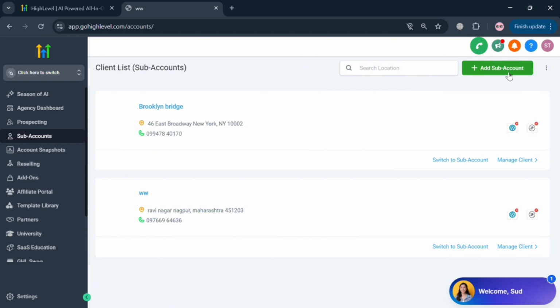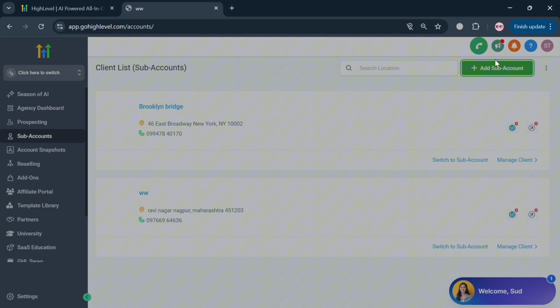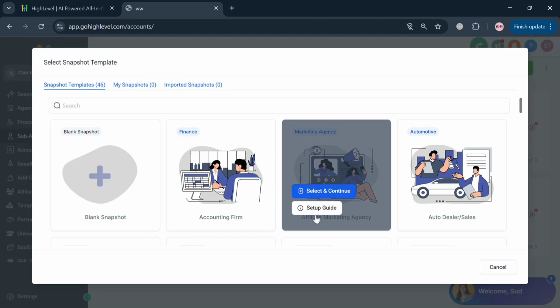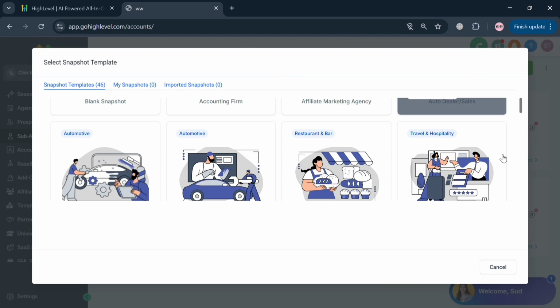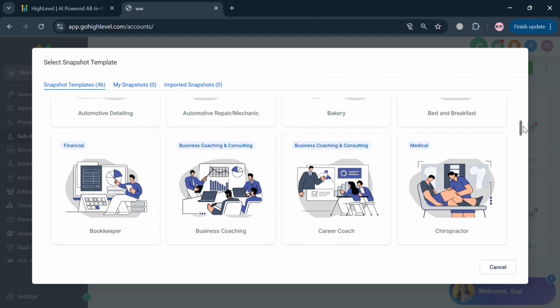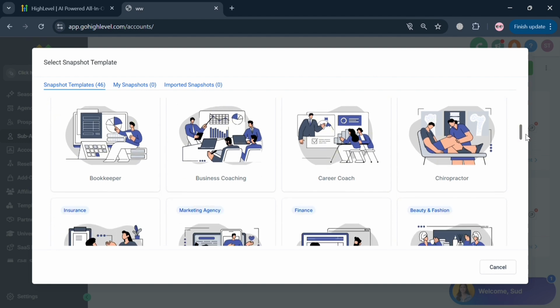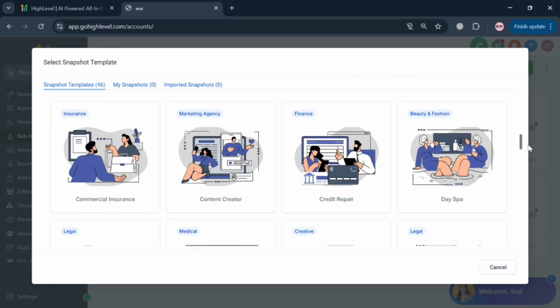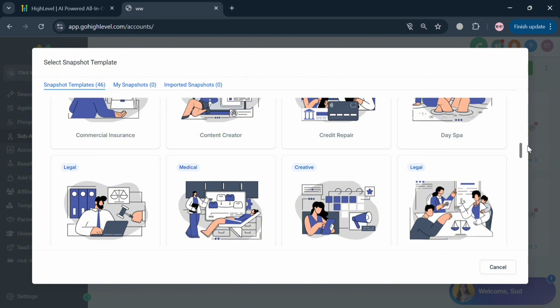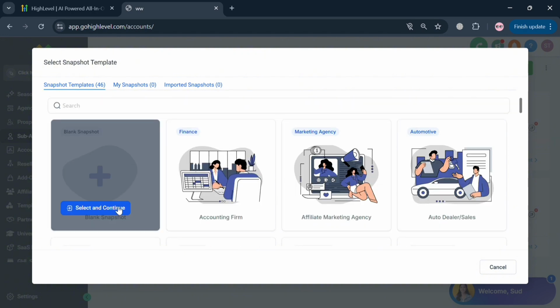But to start creating sub-accounts for contractors, just click the sub-accounts button on the website panel and click add sub-accounts on the top right corner. In this pop-up window, simply choose the snapshot template. We have here finance, marketing, medical, business creation, financial. But since we're trying to make one for contractors, we simply proceed by clicking this blank snapshot and click